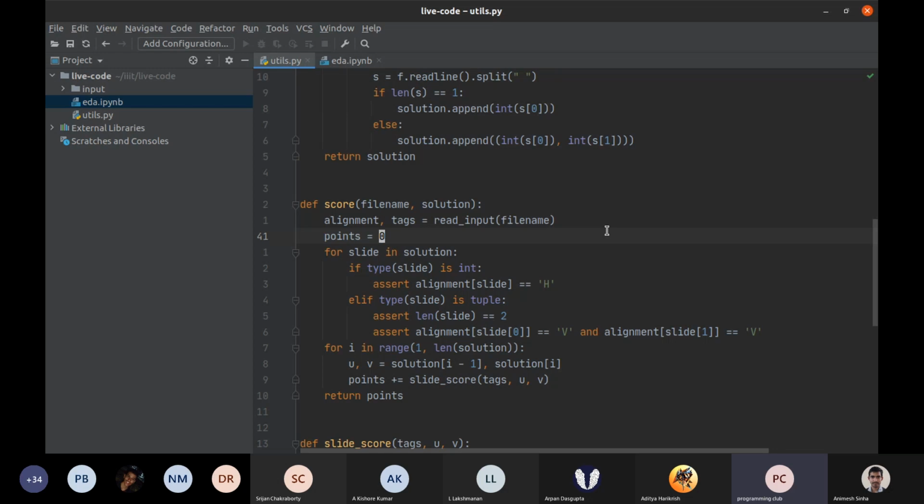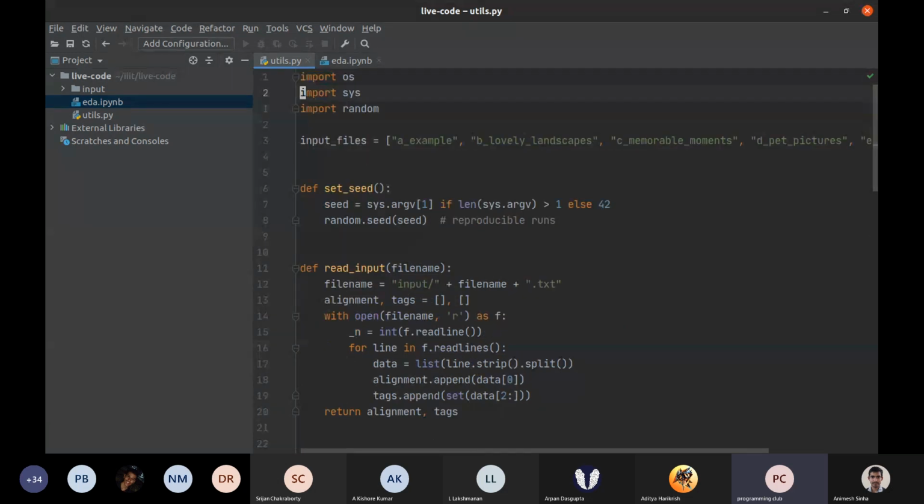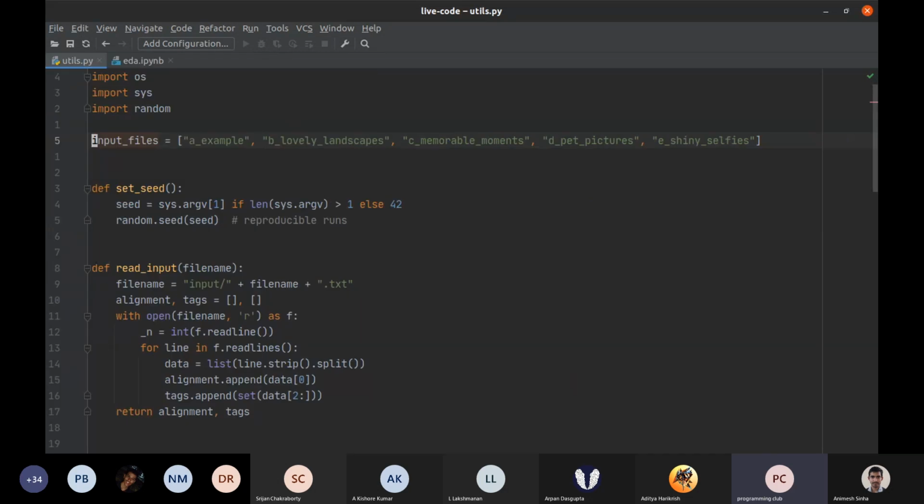Yeah. So anyway, basically I'll show you this score function. As you can see right here, a good philosophy in Hash Code is to have a utils file which has all the common functions that you will generally need. So for example, you have the input files. As you can see, there are 5 input files that we have in this contest.